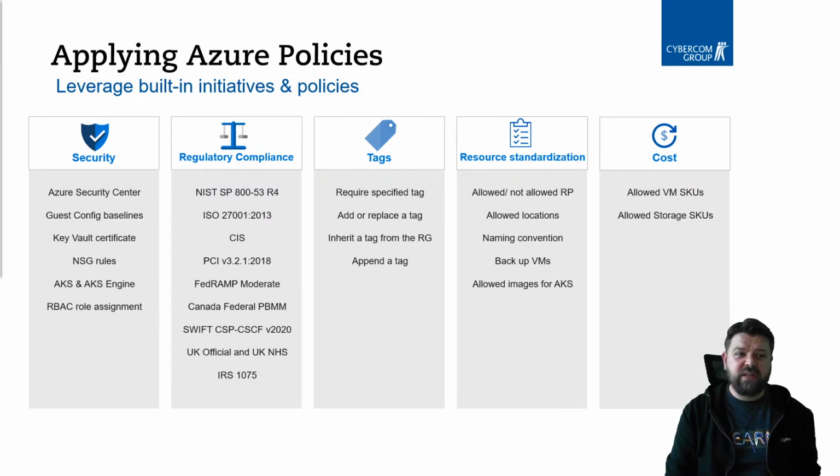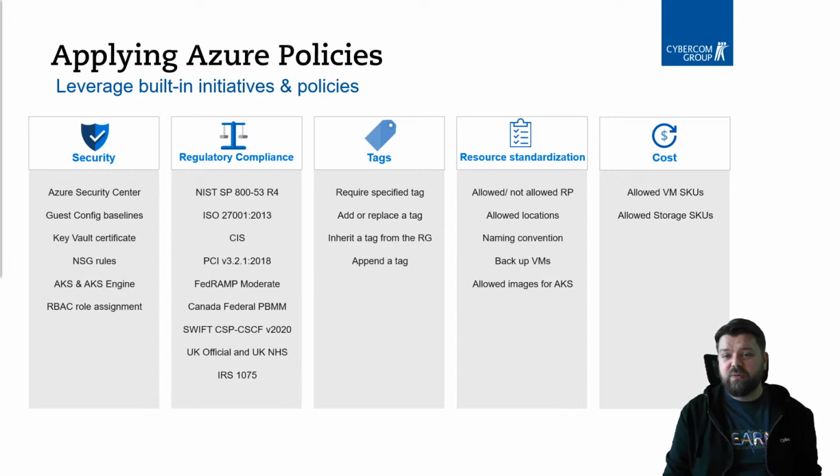So, applying Azure Policies, as I said, there are a lot of built-in policies. There are policies in regards to Security Center, guest configurations, as I said, guest meaning virtual machines. So you can, for example, have a policy that monitors whether they have backups enabled, or whether they have antivirus software installed. You can have policies for NSGs, for example, to monitor that all of them have a block rule at the end. You can control security in your Kubernetes, managed Kubernetes, and also you can control policies that control your role-based access control, for example.